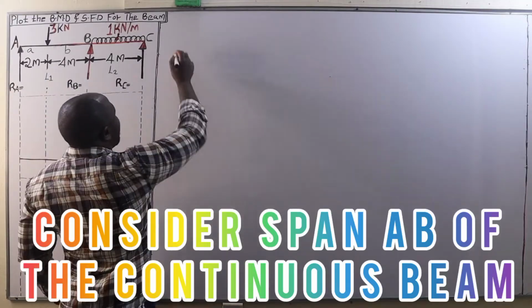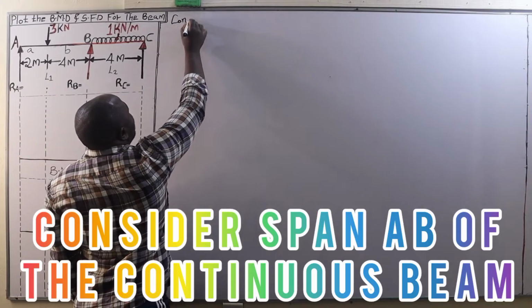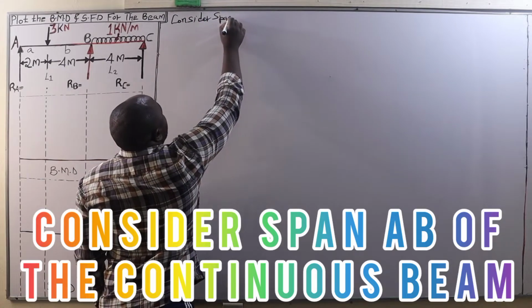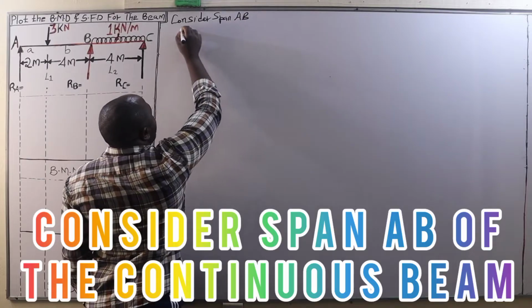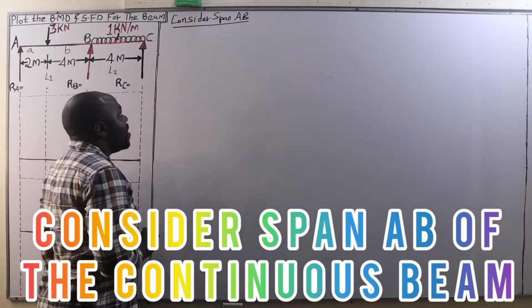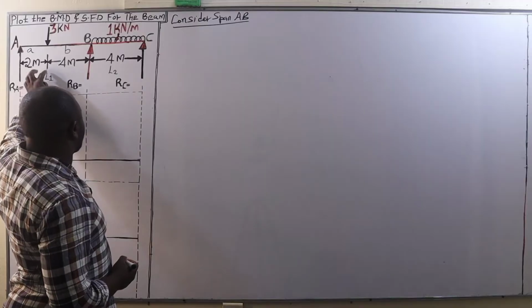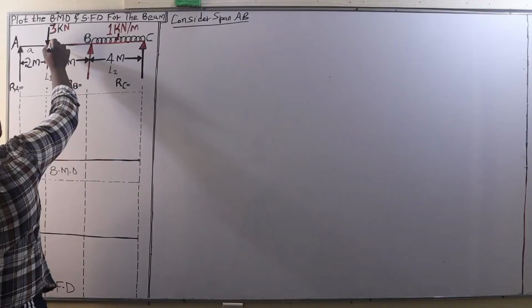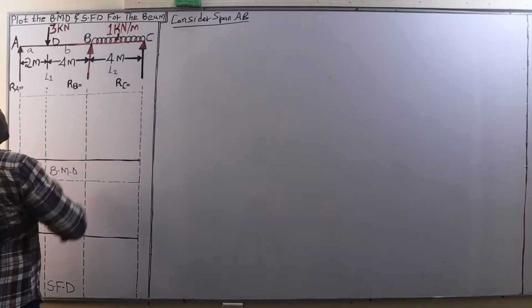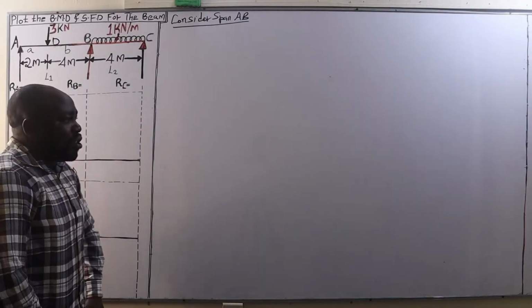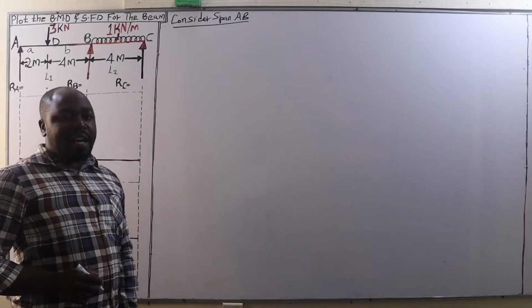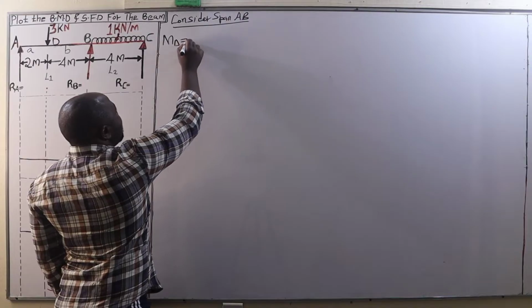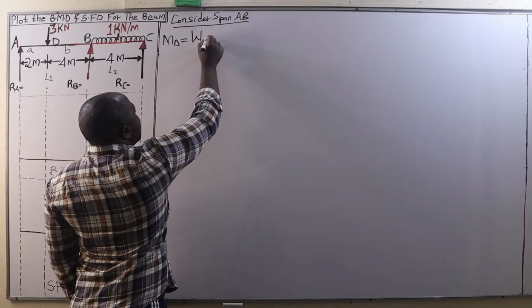Now, we are going to begin with considering span AB. Therefore, consider the span A to B. Under span AB, we are going to determine the bending moment at point D. We are going to use this formula: MD is equal to WAB